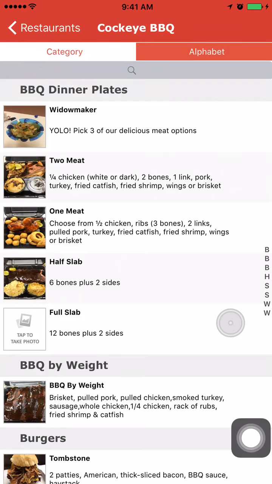Just a couple takeaways. The more photos we can get, the more useful this app becomes. So by all means, if you're out there, you're eating at one of the great restaurants in the app, we would love it if you took some photos of the dishes you eat and help us start loading up these menu items. If you're a restaurant, it doesn't take much at all if you or one of your staff has an iPhone to snap shots of your dishes, either as they're coming out of the kitchen or as you get time, and help us load them that way. And then the other takeaway